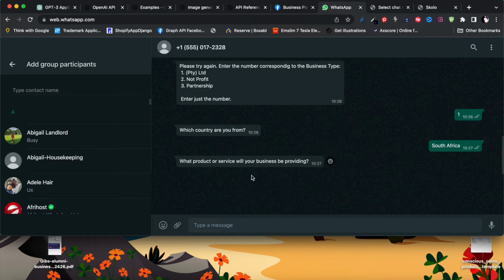What product or service will your business be providing? We are a dog grooming service. Okay, we are a dog grooming service. We provide the following services. What I've learned with APIs, especially with the OpenAI API, is it's easier to work with when you give it numbers and list things for it. But let me type like a person would type, okay? We provide the following